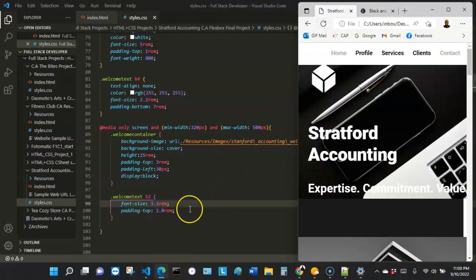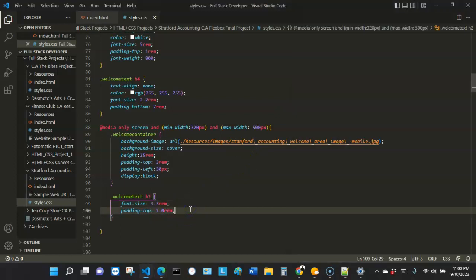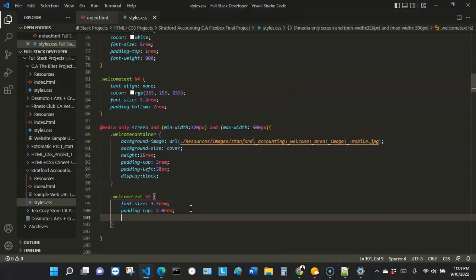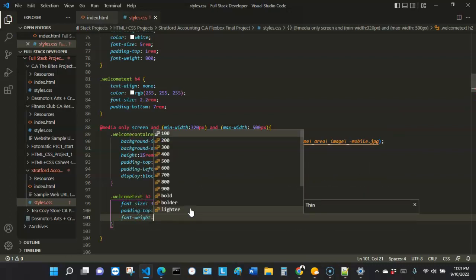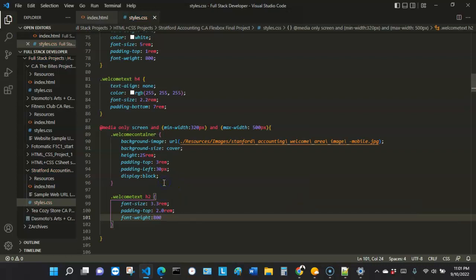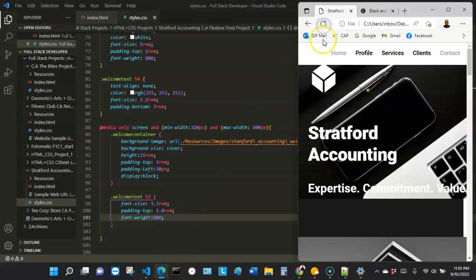Alright, that looks good. Okay. Maybe we could make the font weight around 800. Okay. And then let's see. Yeah, I think it's all right. All right, let's go ahead and